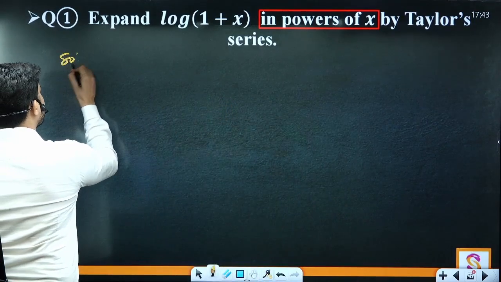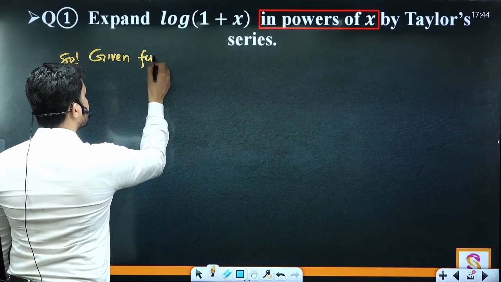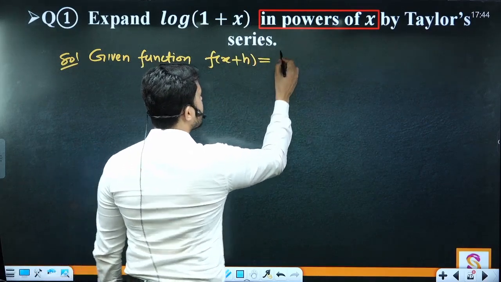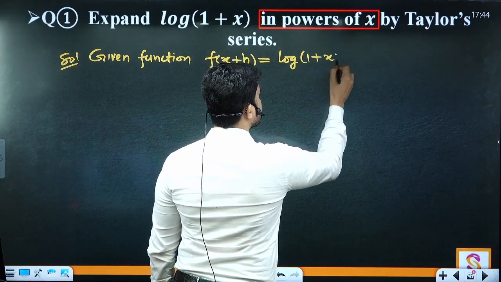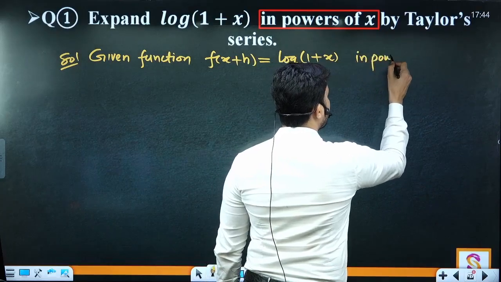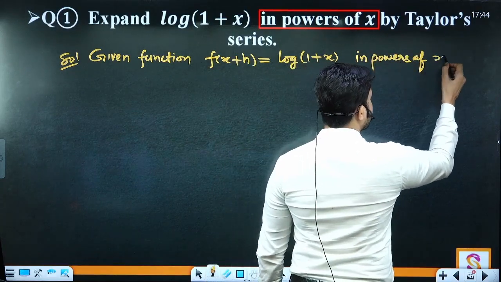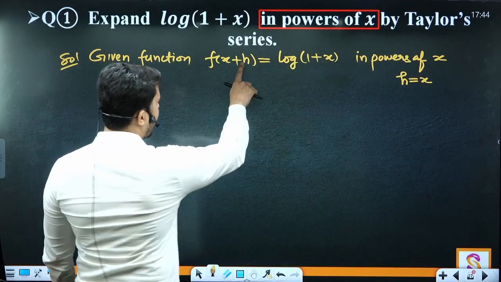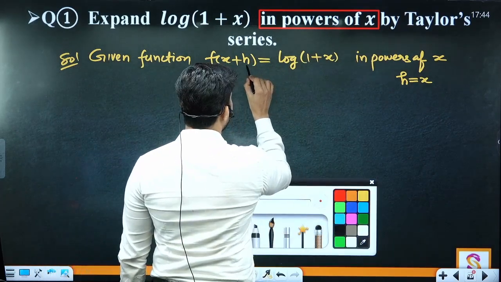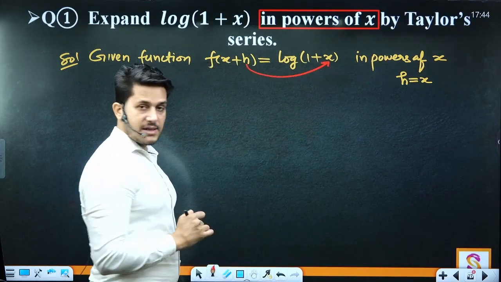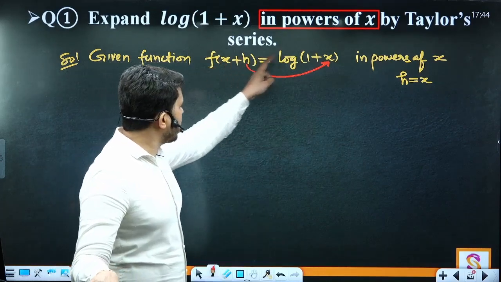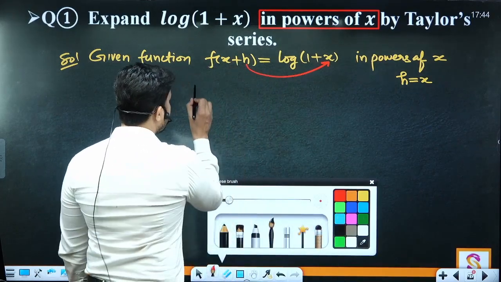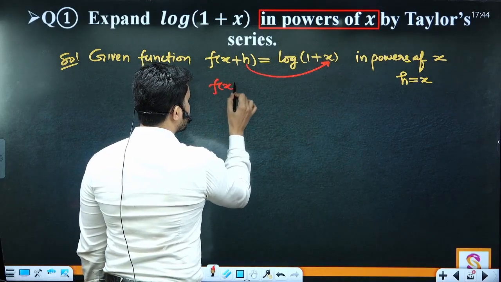So solution. Given function, you will compare it with f(x plus h), so it is log 1 plus x in powers of, ये जरूर लिखना है, in powers of x means h is x. h क्या है? x है, बस आपको ये ध्यान रखना है. तो जब h x है, h की वैल्यू x है, h is x, तो फिर x कौन है? 1. बात समझ में आई? तो यहां आपको बस इसी बात को समझना है कि h तो x हो गया,